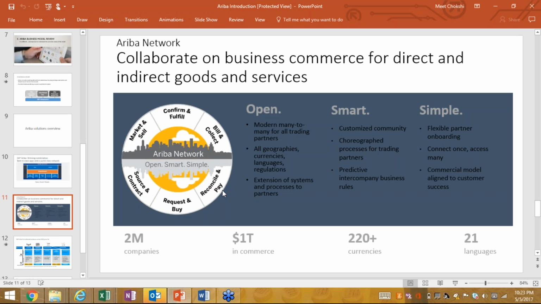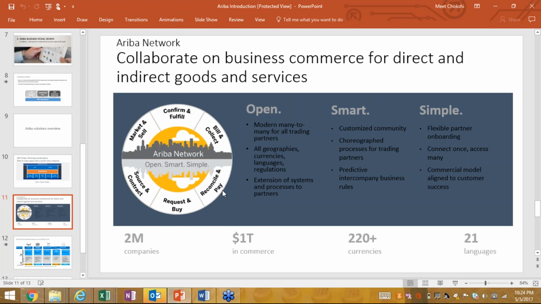And this is how we got to the question, right? Why Ariba? Why not SRM, or why not a different application? Why cloud and why Ariba? Because right now, 2 million companies are already on Ariba. Ariba supports 21 languages and 220 plus currencies, and $1 trillion is transacted in the Ariba network.